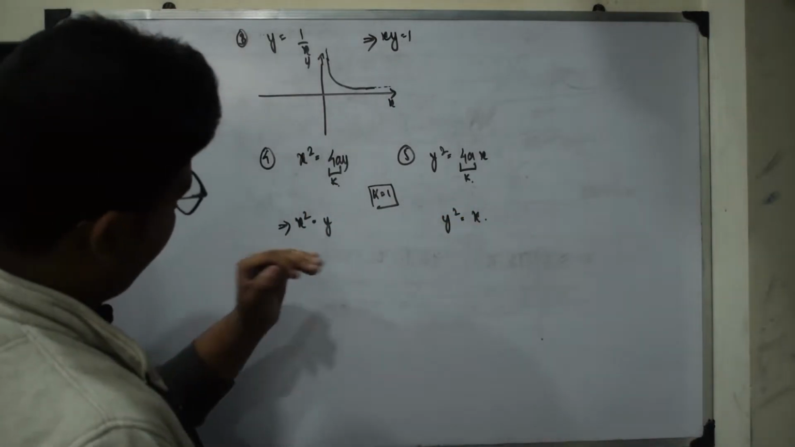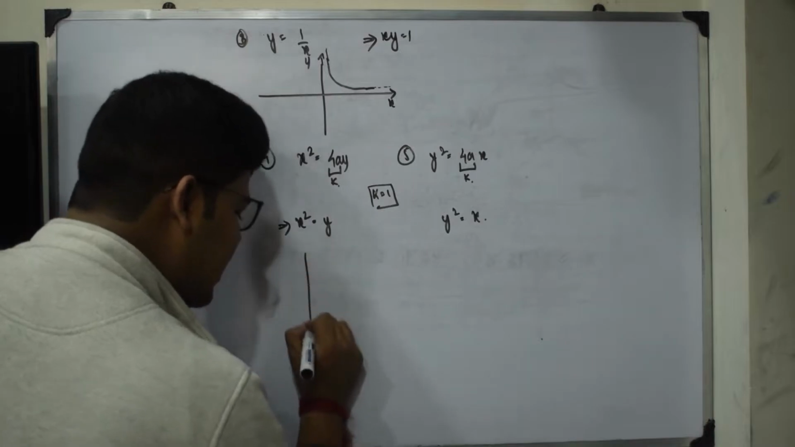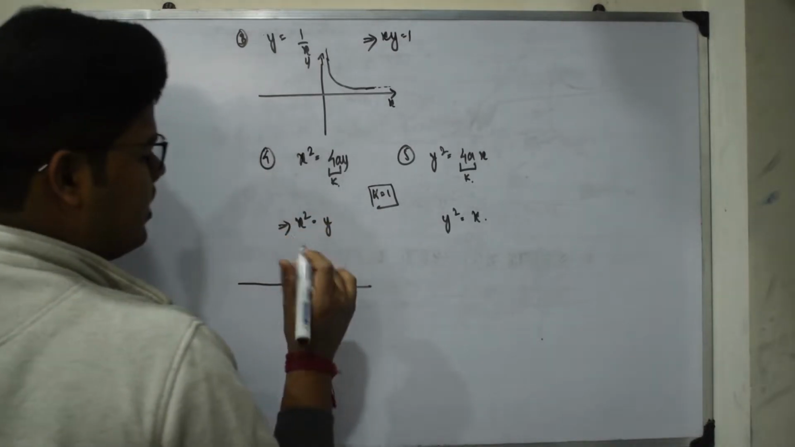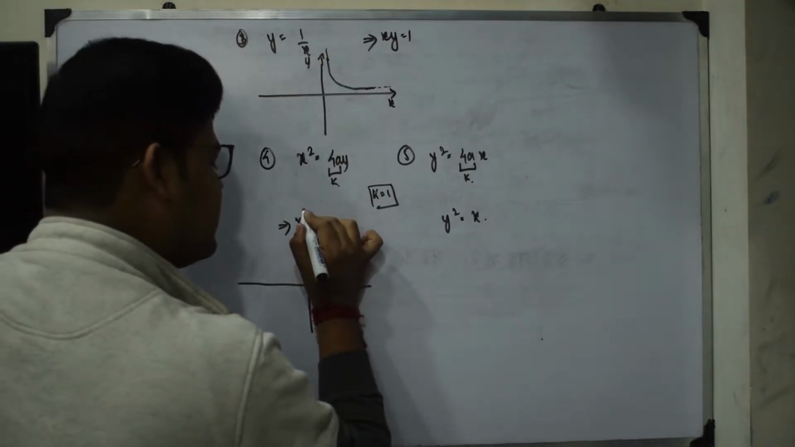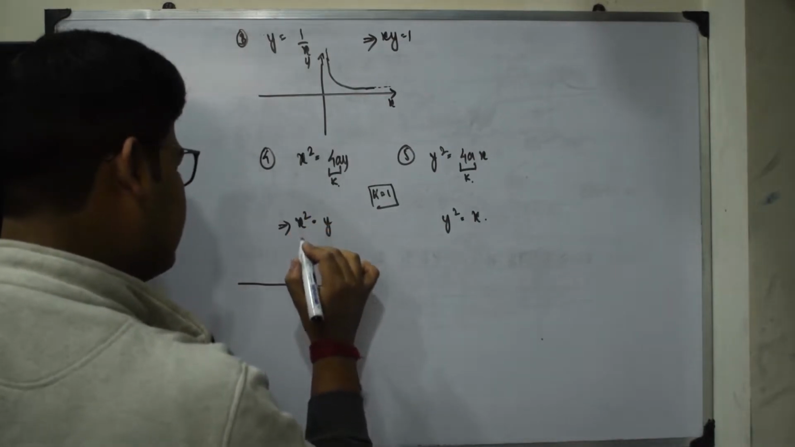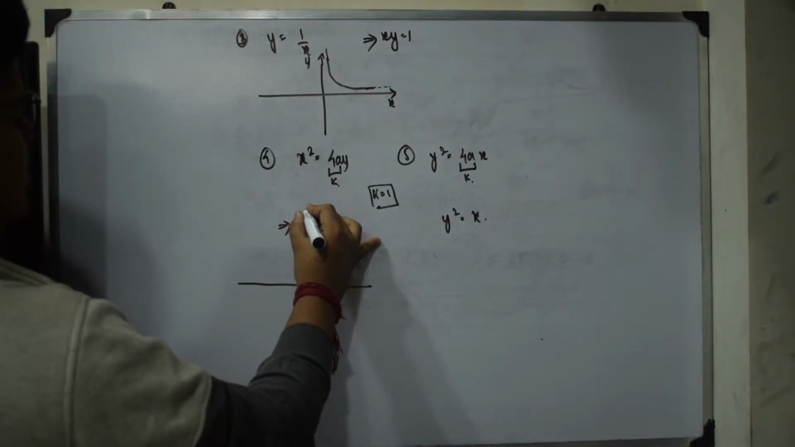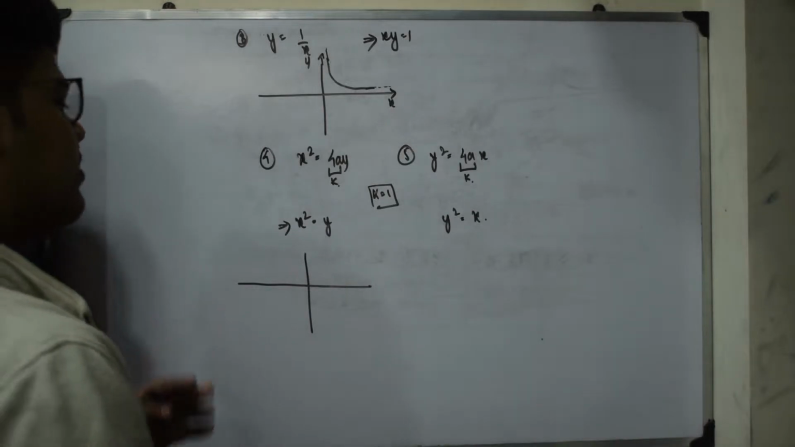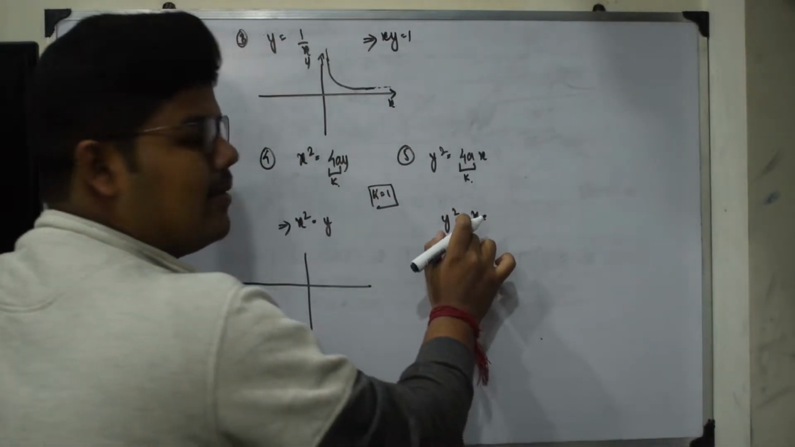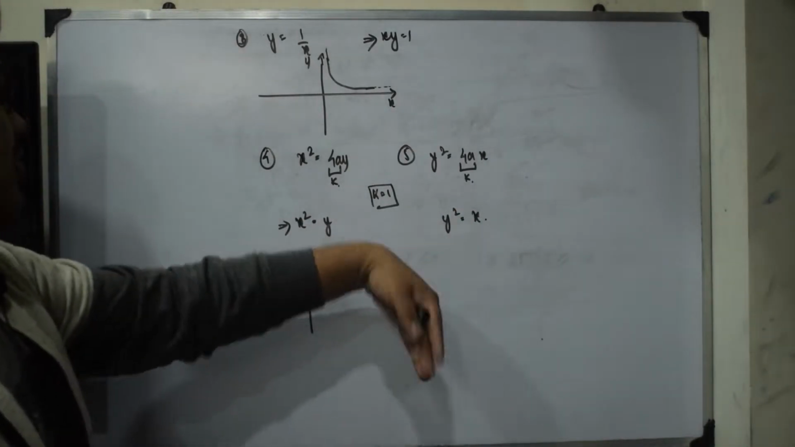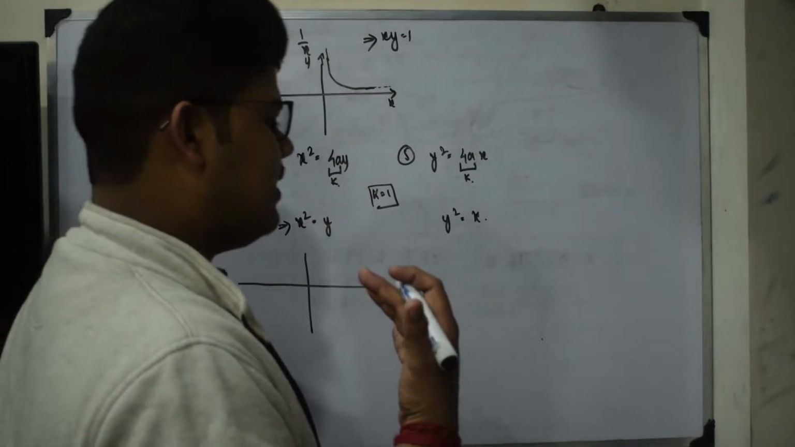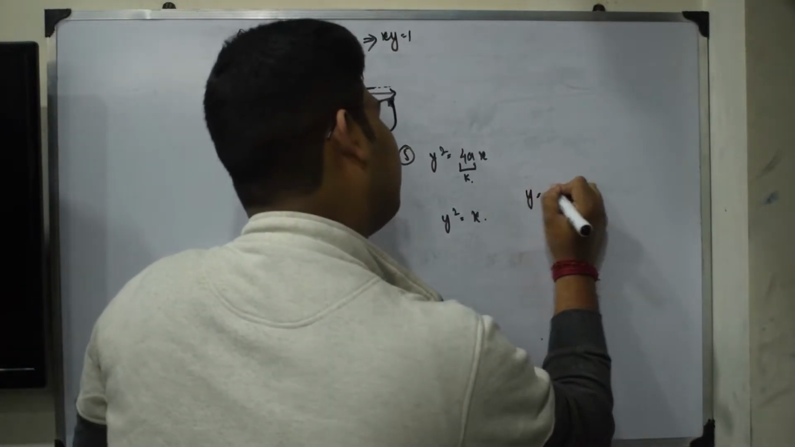Now x square is equals to y is having a graph. Just remember the concept: the variable having the square will not be the axis of the parabola. These are basically parabolic functions. For example, if we take any quadratic equation, for example y is